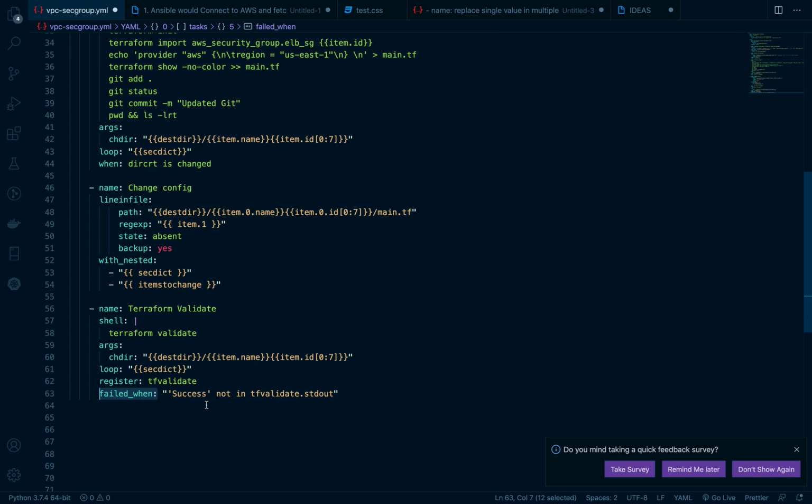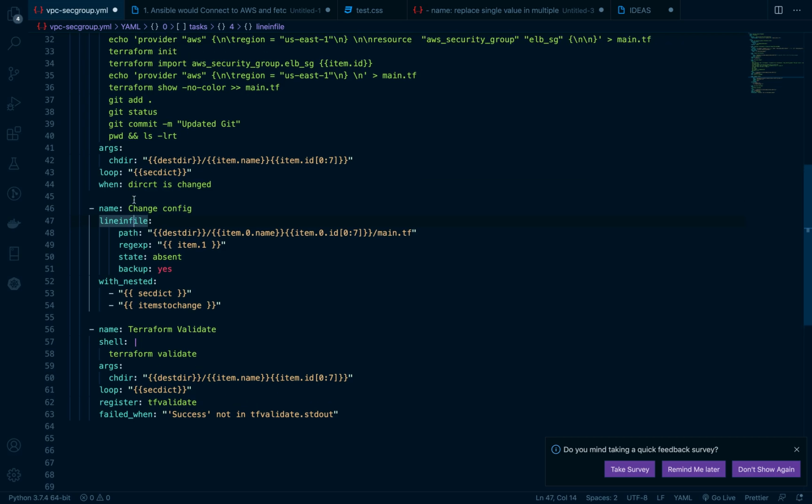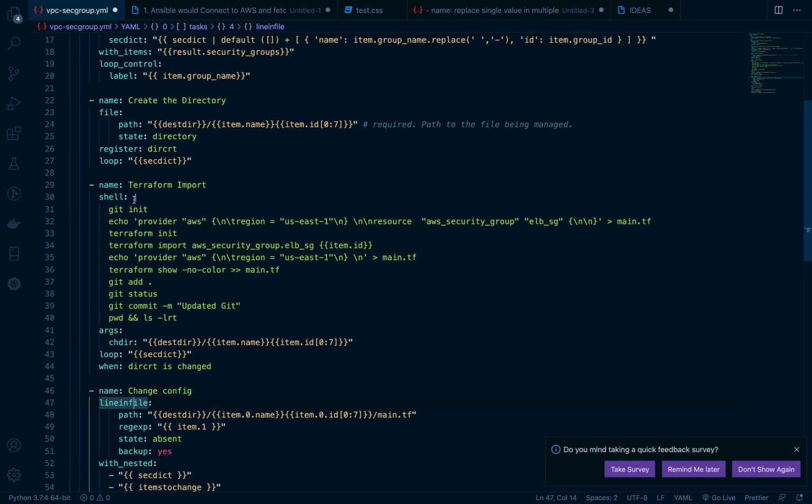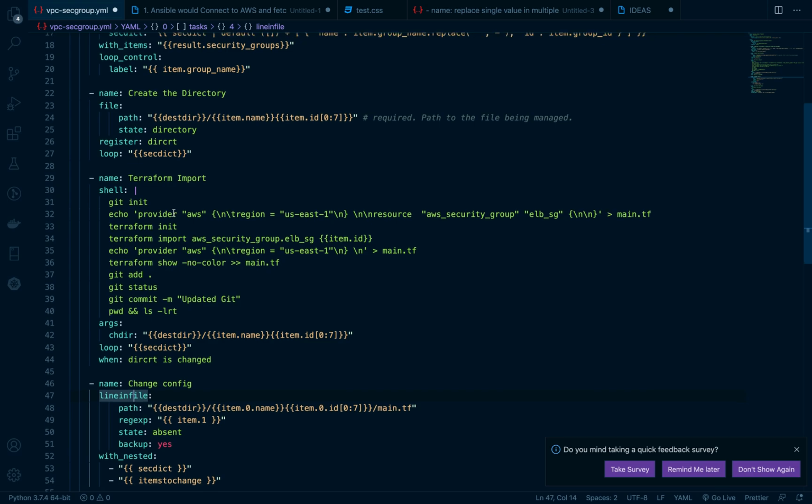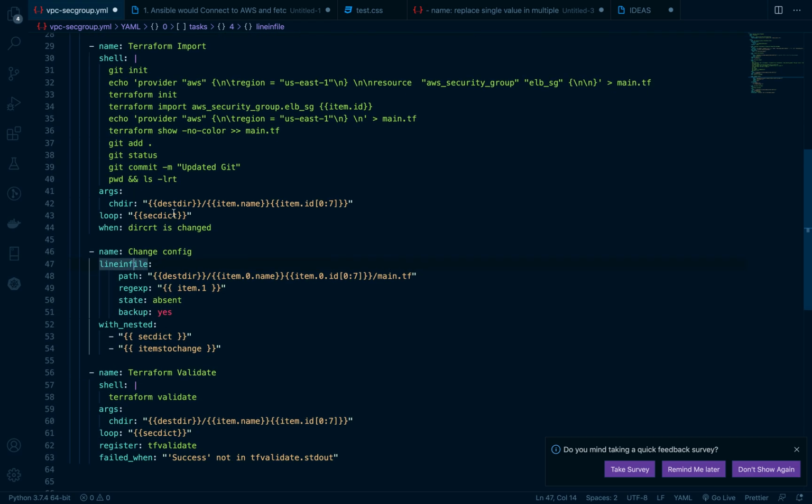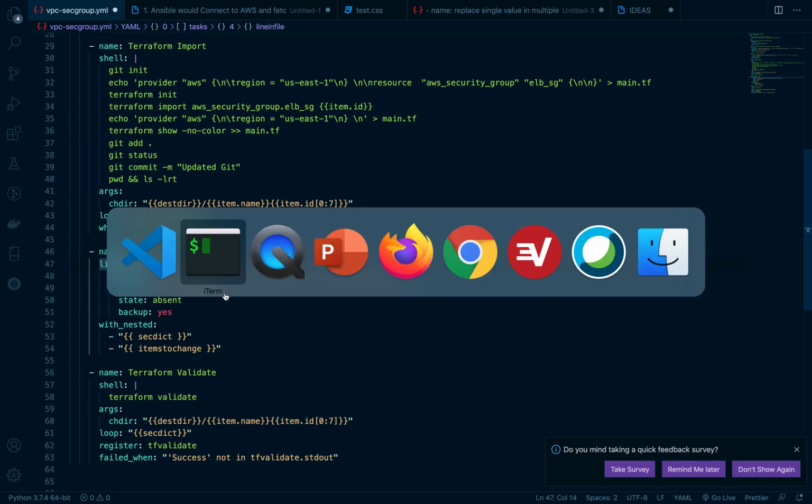If you would like to understand what failed_when or lineinfile is and everything, there are articles which I have hyperlinked in the post. You can go ahead and read further, or you can search on the middleware inventory website and you would be able to get it. Now let me take you to the execution part.